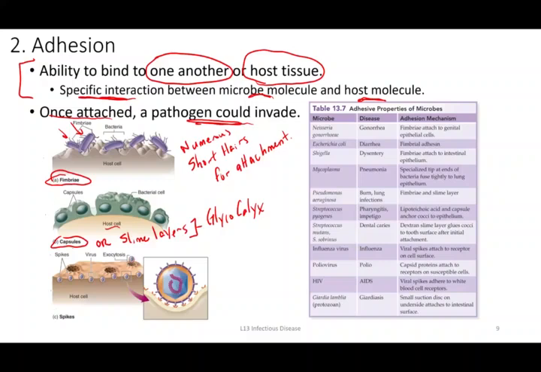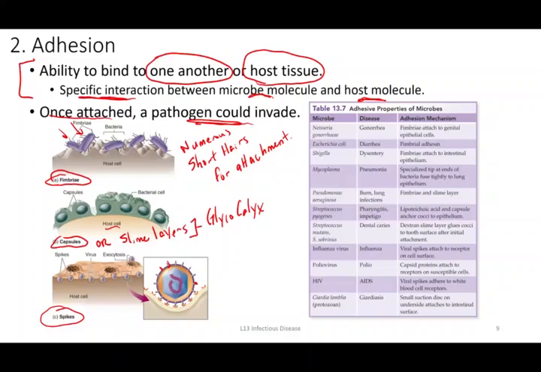But these adhesion factors are not exclusively for bacteria. We talked about viruses having unique molecules on their surface known as viral glycoproteins or viral spikes. Here is an example of a virus that has these viral spikes. This looks like an enveloped virus, and that enveloped virus has those viral spikes on it, and this would be a polyhedral capsid with some nucleic acid on the inside. But those viral spikes are really important in binding to and attaching to the host tissue.